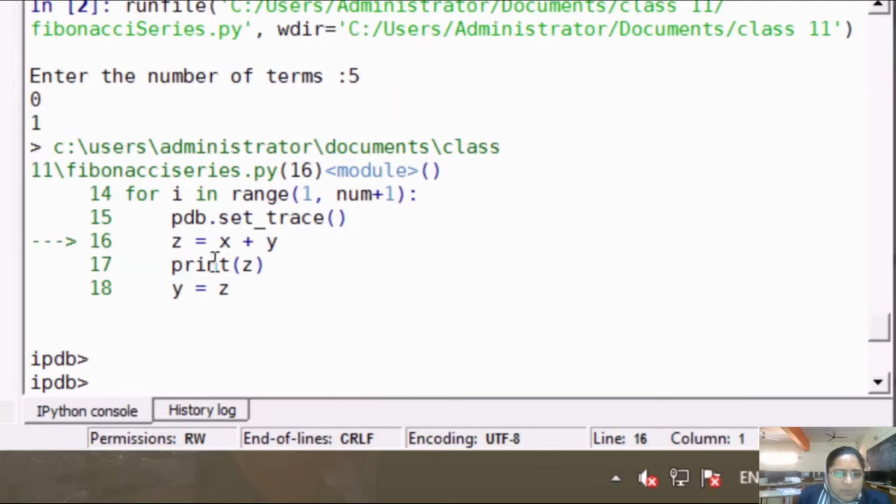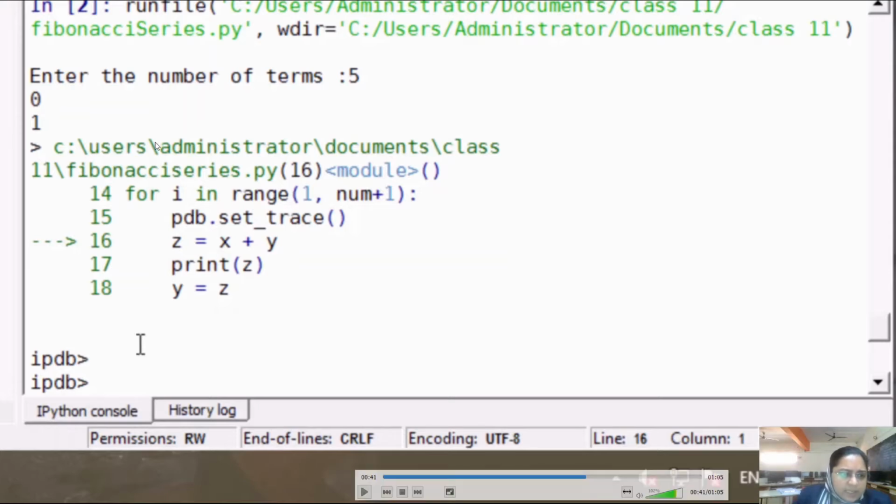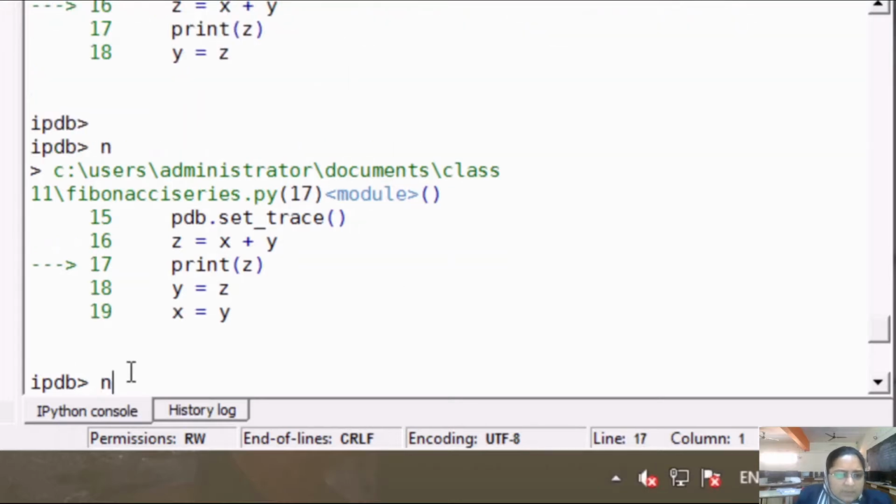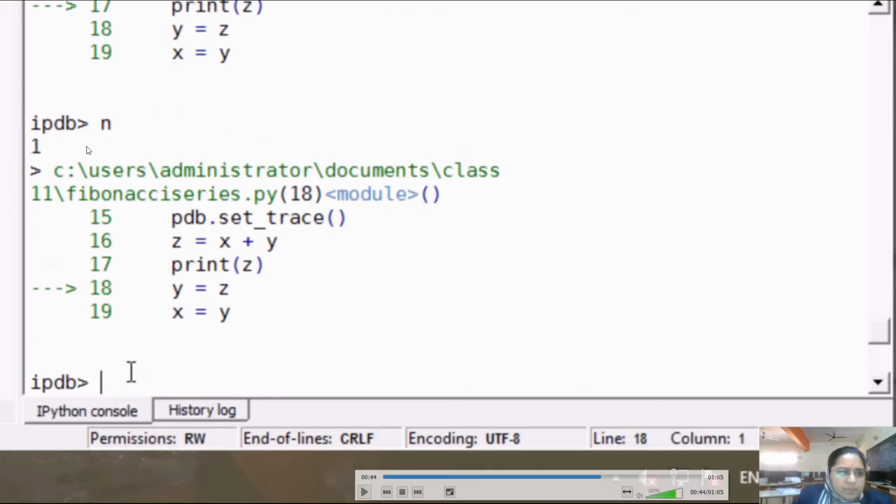The moment the program runs, wherever the set_trace function is called, immediately after that Python gives you this kind of a screen where you can trace the code at every line of it. By using the command N, we can easily move on to the next statement.